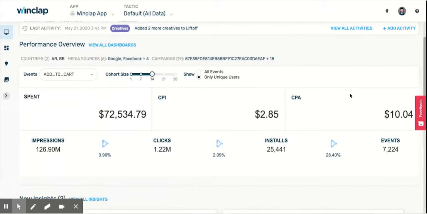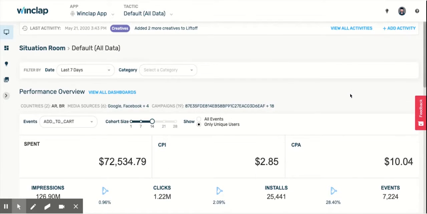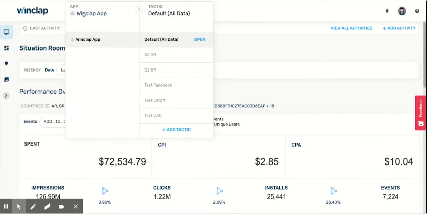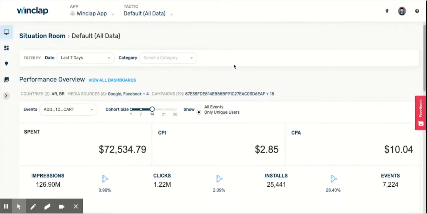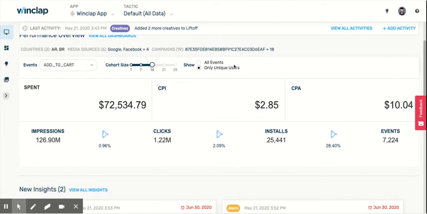This quick view is to go through an overview of our platform. The idea is that when you log into the platform, you find what we call the situation room, and you can have a quick overview of what is happening with your app and associated to a specific tactic. Tactic is a concept that we're going to go through in a couple of minutes, but the idea is that you can see everything that is happening regarding performance, all the spend, CPI, and the most important metrics for your